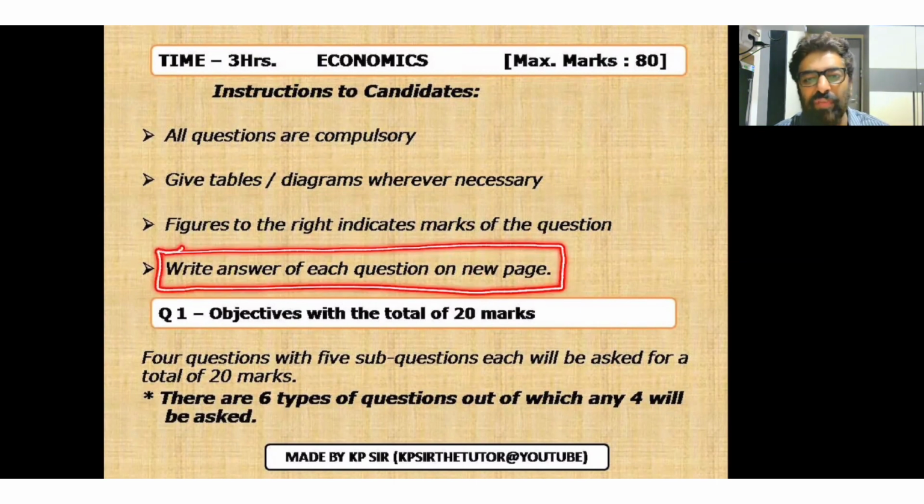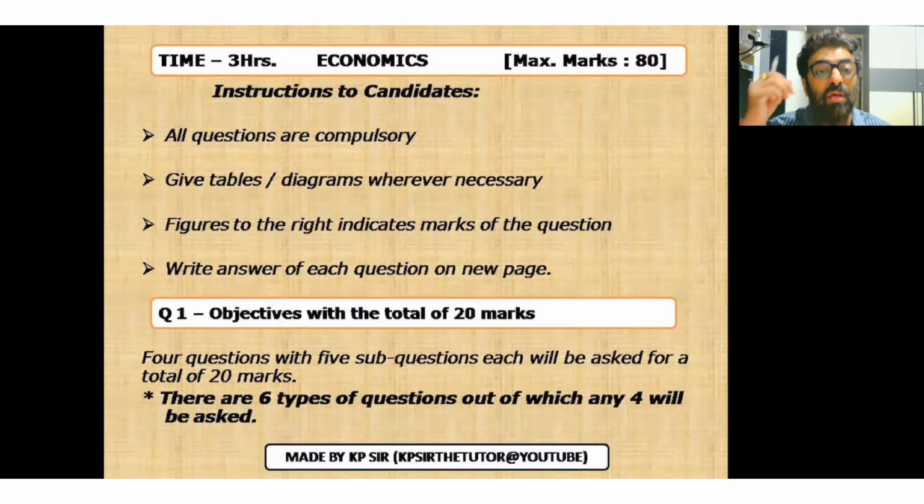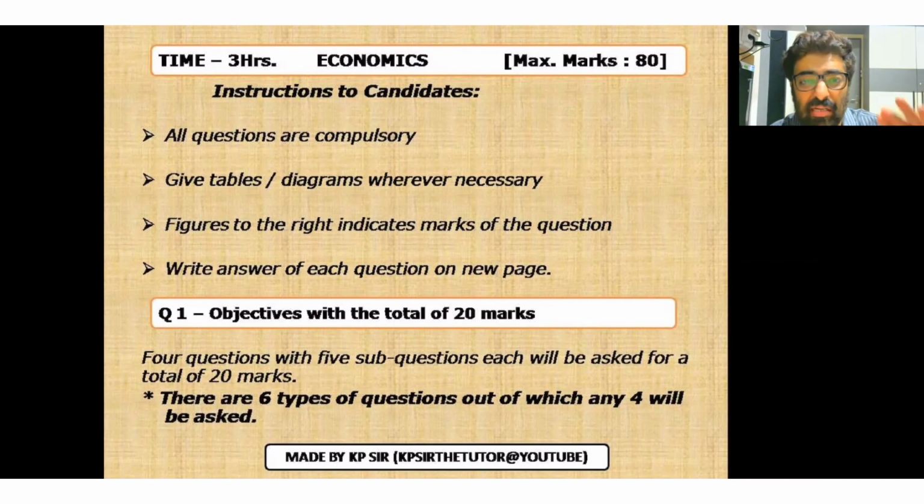For example, if you finish writing your question number 1, which in our case is going to be 4 sub questions having 5 questions each, and suppose the last 2 questions took only 4 lines of the page, leave that page. Do not start the main question number 2 on the same page where question number 1 has ended. Leave it, children. Leave that page. Start the second question on a new page.